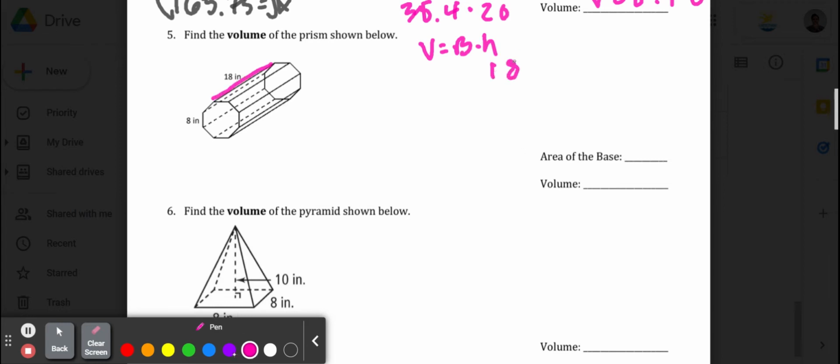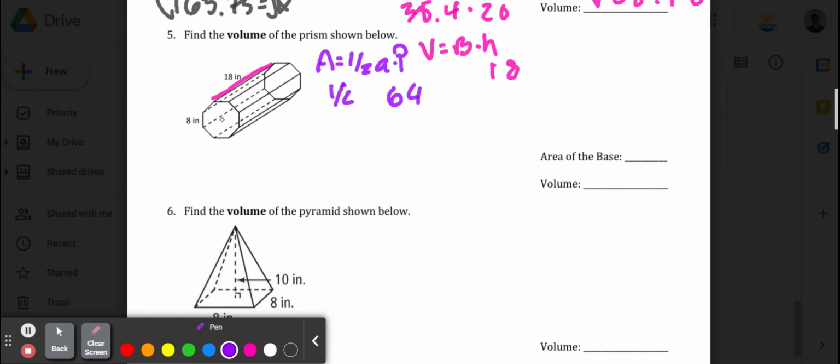Now we have to find the big B. So this is where we go into this formula: A equals 1/2 apothem times perimeter. So perimeter is going to be really easy to find here. It's just 8 times 8, which is 64. So we have 64, but then we have to find